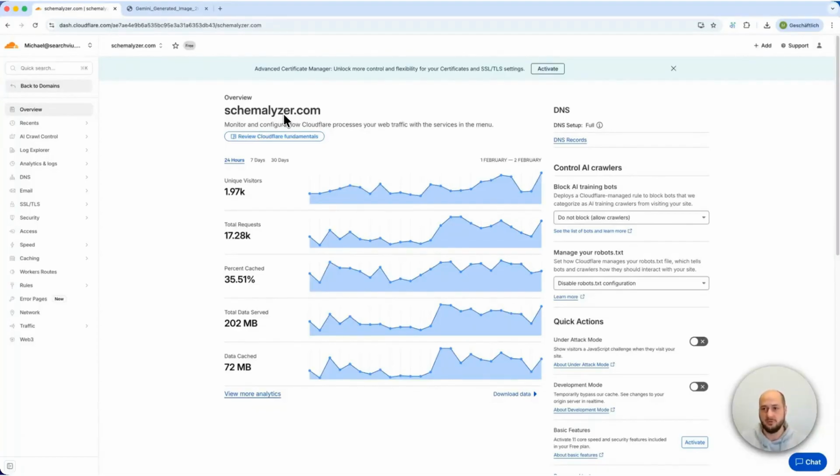Exactly, and the other points should give you a rough overview for now. There are a few more details in the blog post about this. And exactly, the following parts will go into more detail about what's possible in the area of the Log Explorer, what configuration options you have, and also what you can do in the areas of performance or with workers. So this is basically the first introduction to it,